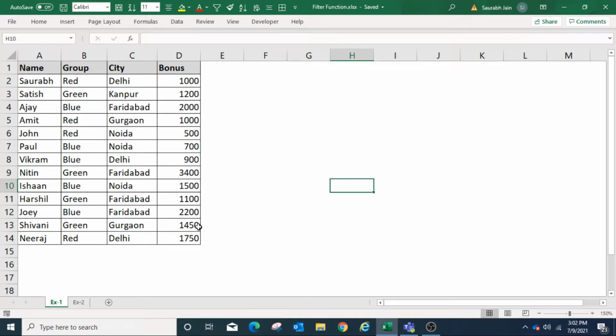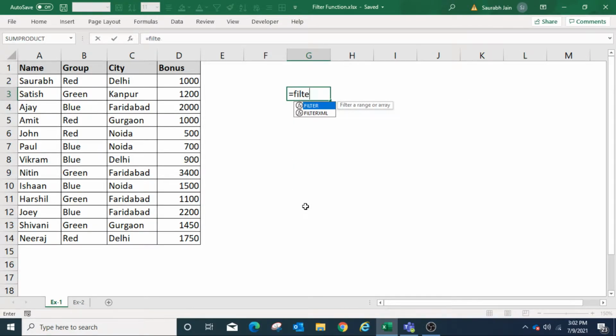Now in this example, to filter the data based on city, type =FILTER, open bracket, select the range from A2 to D14, comma. The second parameter is the criteria.